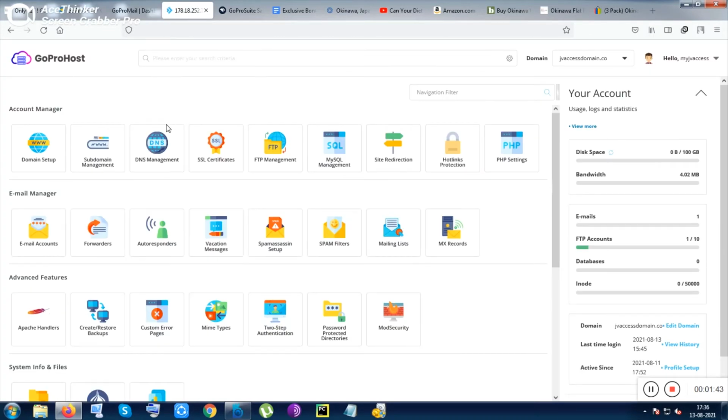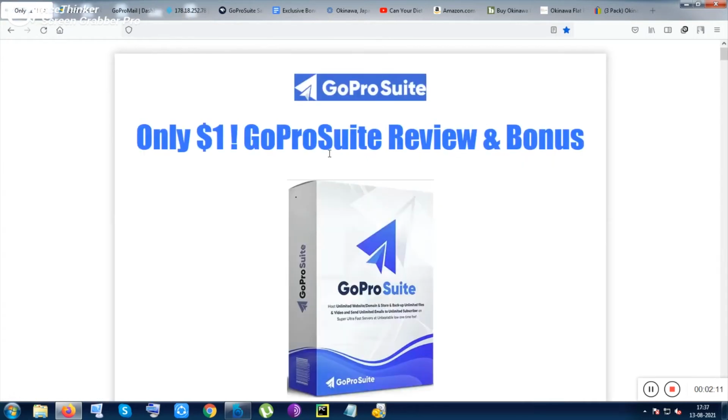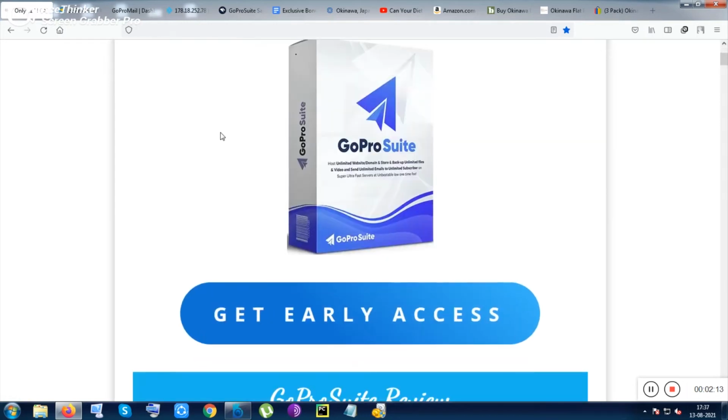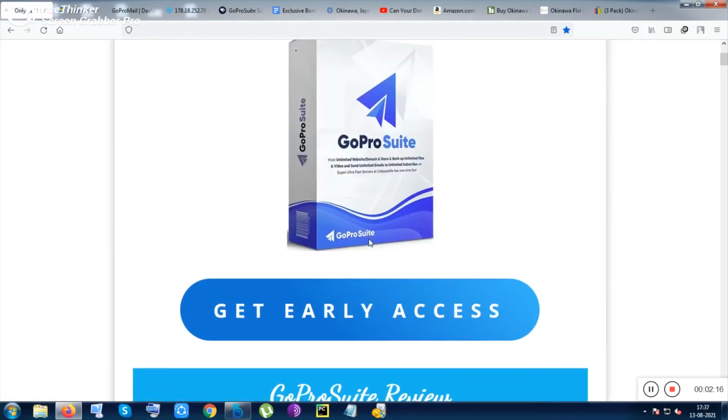Apart from that, the hosting is also given. You need to purchase your domain, and if you want to run any domain, you can purchase it from GoPro host. But you can purchase it from anywhere, like GoDaddy, Namecheap, Bluehost or HostGator, and then you can host it, or if you have an existing domain, you can host your domain. So inside the 17 bucks, you will be given these three facilities.